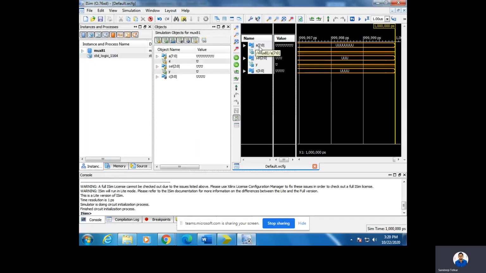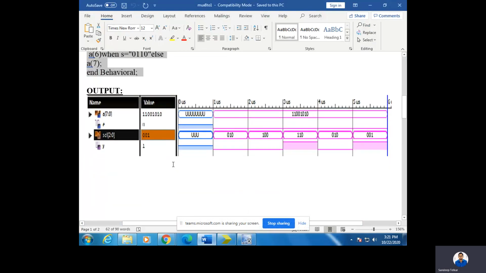If you give it as standard logic, it accepts only a 1 bit value. If you give it in vector form, it is going to accept more than 1 bit value. Likewise, the SEL select variable I have taken in vector form, so it is going to accept 3 inputs. Why? Because 3 bits. Why? Because the range given is from 0 to 2, that is 0, 1, 2. Totally, we need to give 3 bits as input, right? So as per the problem, you can see here, I have executed the program.